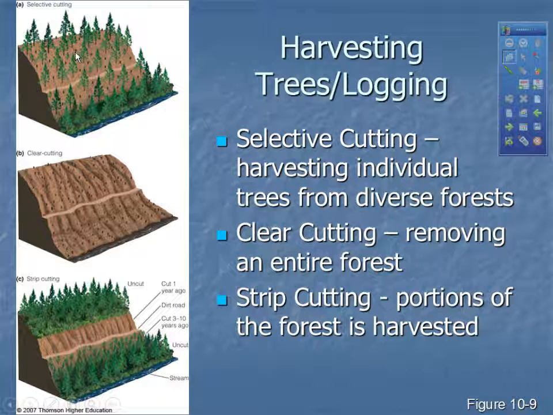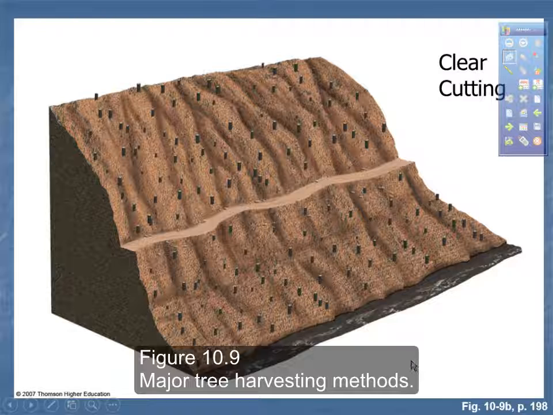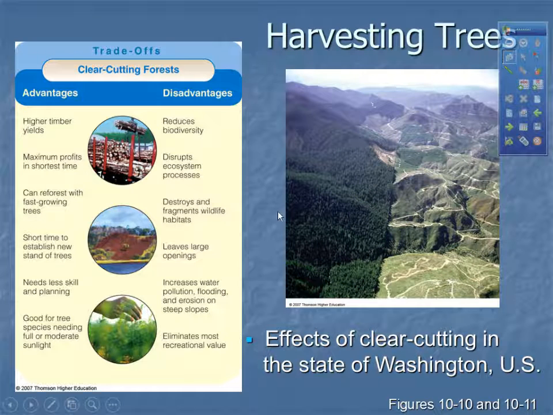There will be reseeding, and those trees that were cut down will be replanted even if the loggers don't plant them themselves. And in addition, it leaves a good age difference, different species, different ages, different sizes, whereas here, you still have a good forest left, but you have this big gap in the middle, so that creates more edge space. Okay, so again, closer up, selective cutting, clear cutting. Okay, so harvesting trees.